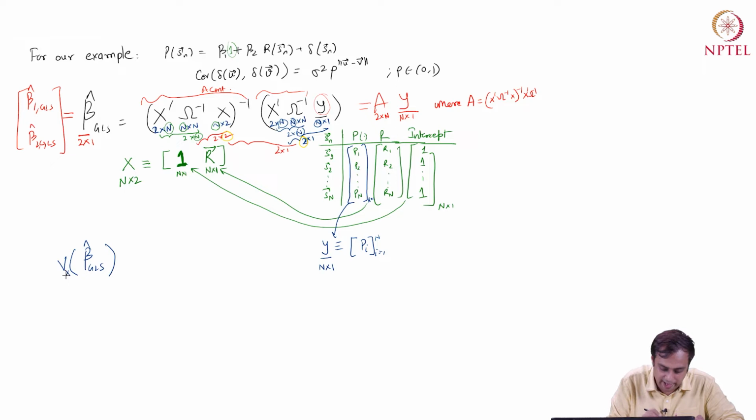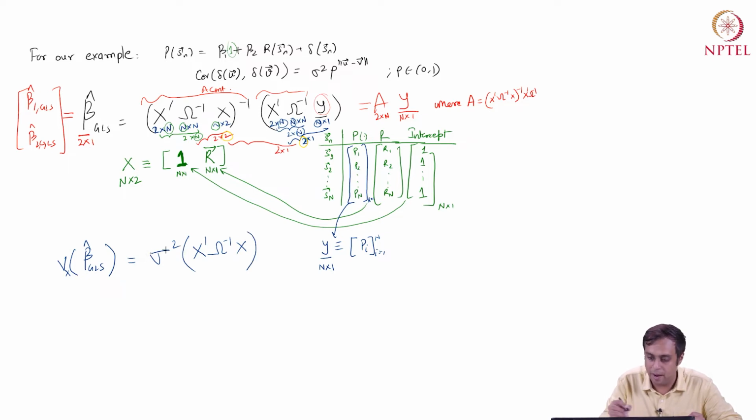I'm just going to use X to keep myself in the same general format. This is going to be X prime omega inverse X. Sigma squared is the model parameter. It's coming from right here in the variance covariance structure. I have my sigma squared. It's the same sigma squared here, right? It's a scalar entity, a constant. And inside I have X prime omega inverse X, the whole inverse.